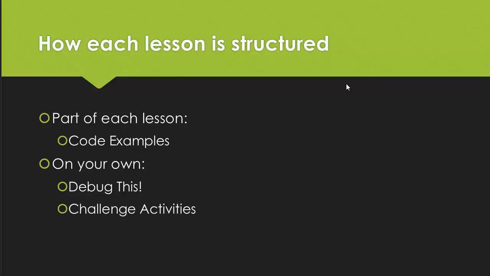A final word on each of these lessons. Every single lesson in the Learn Java series has the same structure. Part of each lesson has code samples. These code samples are things that I will type during the screencasts, and anything that I type and save in the screencast I put up on GitHub